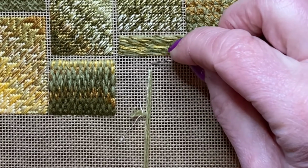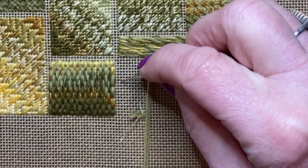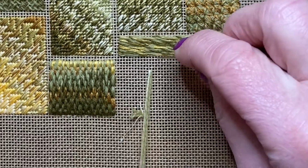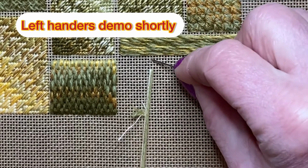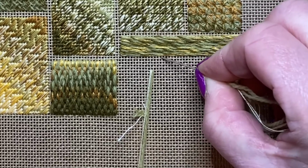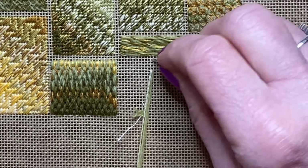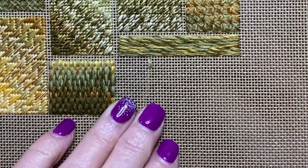So I think with this stitch you can start either way really, but I'm going to start on the right so that you can then see what I'm doing on the first stitch on the second row. So 1, 2, 3. You need to go down level with this raised spot stitch here and make sure there's a hole still visible. 1, 2, 3. So we're just going to do some straight stitches